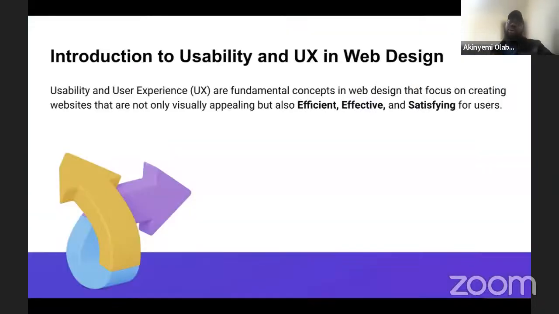So we want to talk about the introduction to usability and UX in web design. Usability and user experience are fundamental concepts in web design that focus on creating websites that are not only visually appealing, but also efficient, effective, and satisfying. Now, let's pick this one after the other. What do we mean by efficient? Efficient means